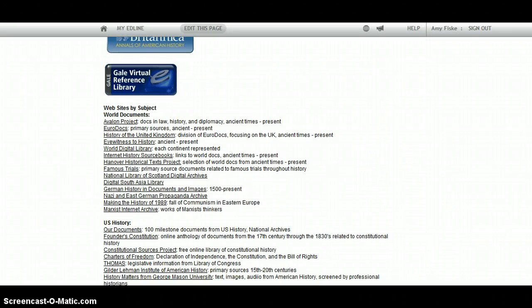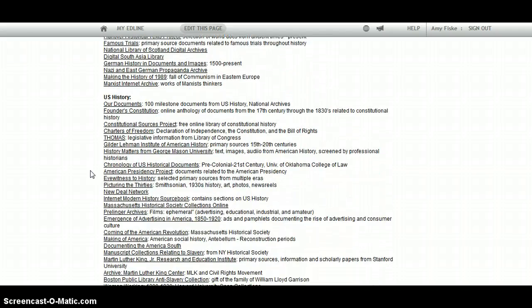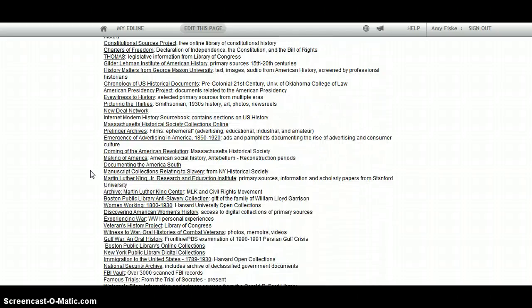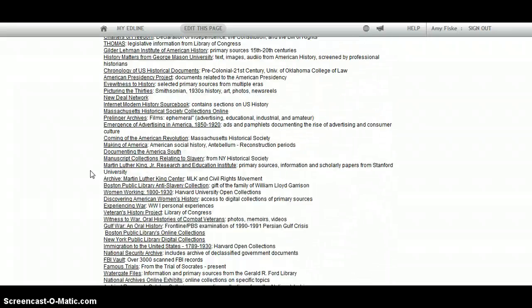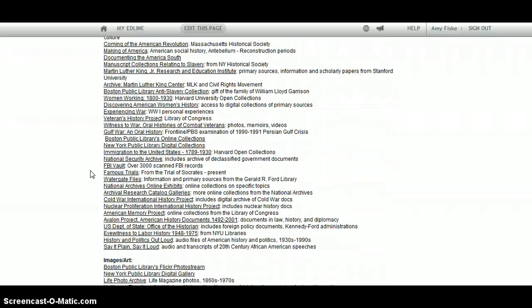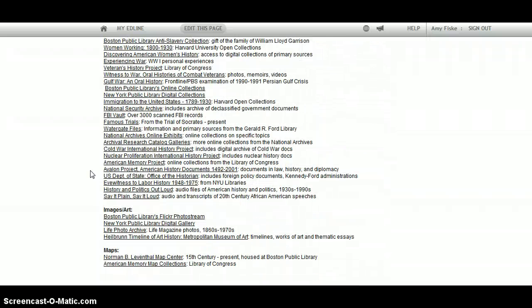Now further down the list, I've created sections. These are all web links, so anything that's underlined, you can go ahead and click on that. The first grouping is information that relates to world history, and the second grouping, which is actually a lot more complete, and also tends to be a little bit more modern stuff, is American history, because we're only talking about a couple hundred years of history. More of our information is digitized. And then down here there's a few that relate to images and artworks, maps, things like that. Maps down here. And then if we go back to the main page,